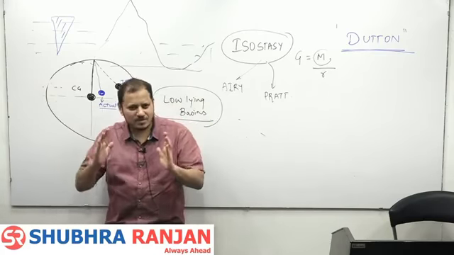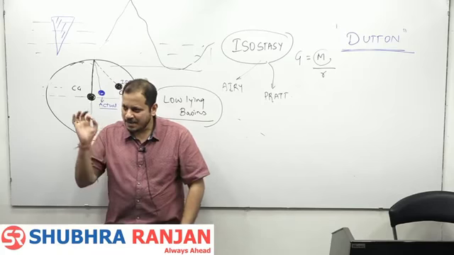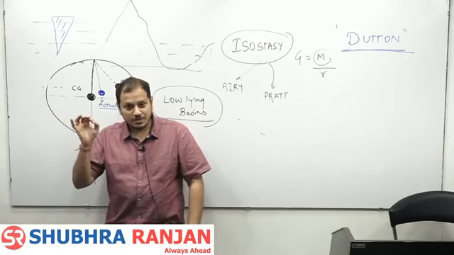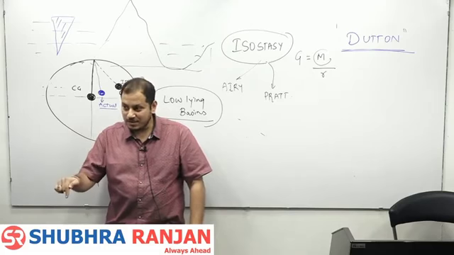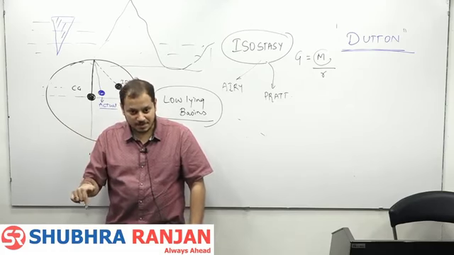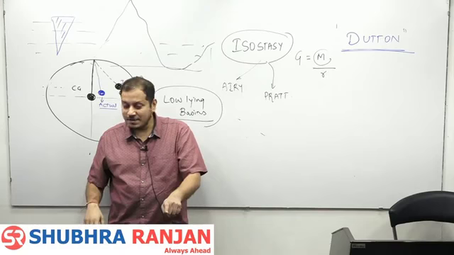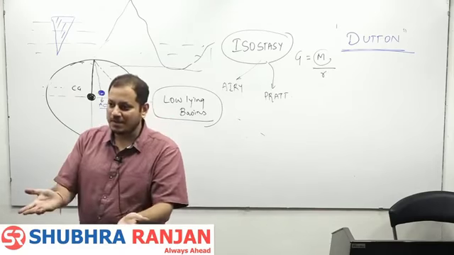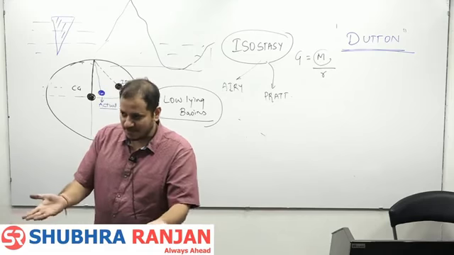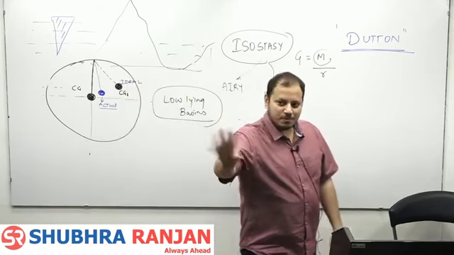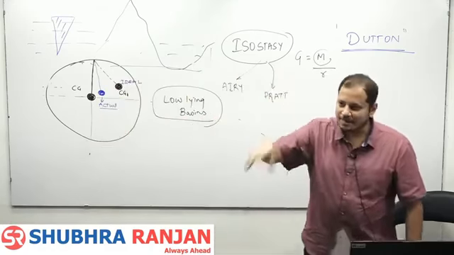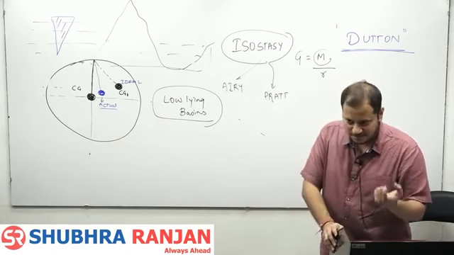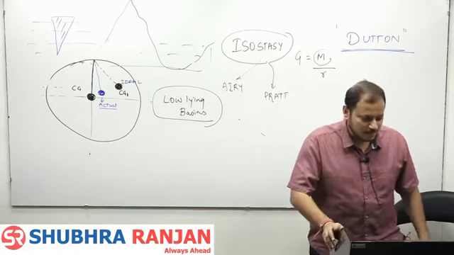It will get compressed only to a certain depth, and that depth is known as the level of compensation. You cannot put more pressure on the earth beyond the level of compensation. Getting it? So what is the level of compensation? You stand on the mattress, as far as you can press the mattress, that is the level of compensation. Fine? Now replace yourself with Mount Everest and the mattress with the crust. That is the level of compensation. Fine? So one point here.